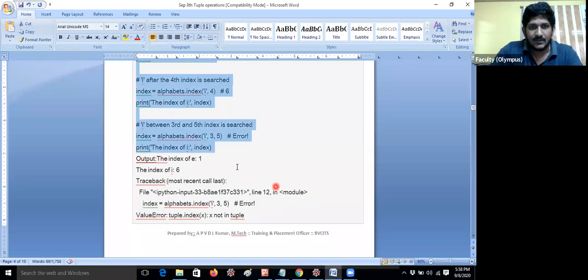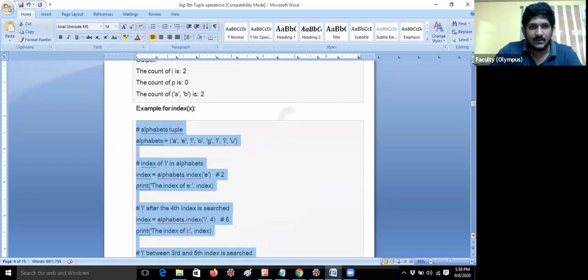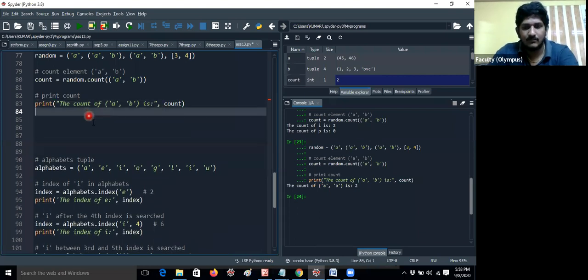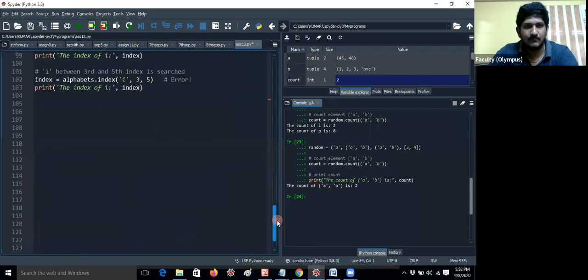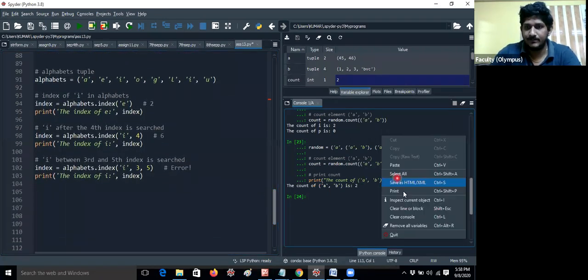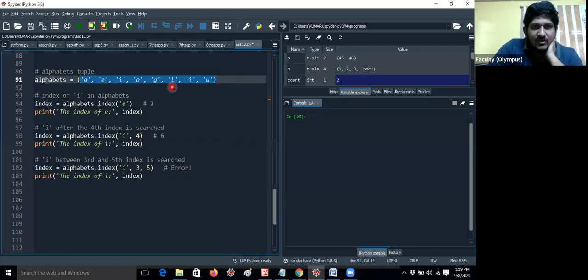So now let me execute the index method. Alphabets tuple. See guys, now I'm having these various tuple elements: a e i o g l i u.